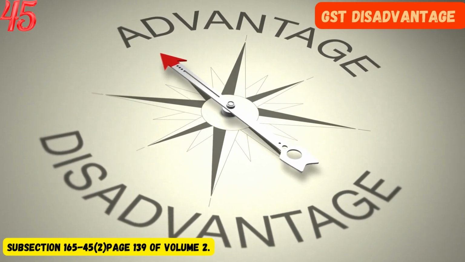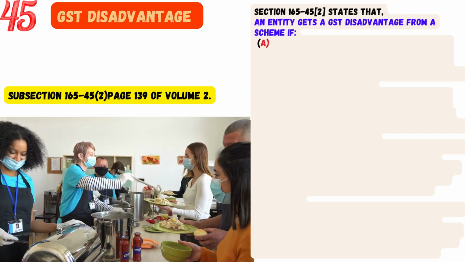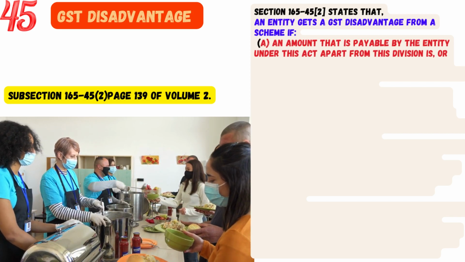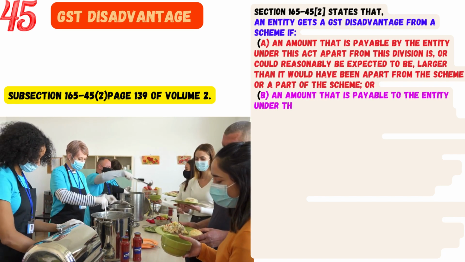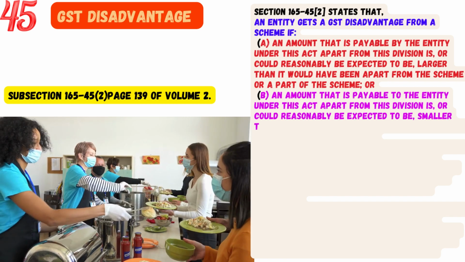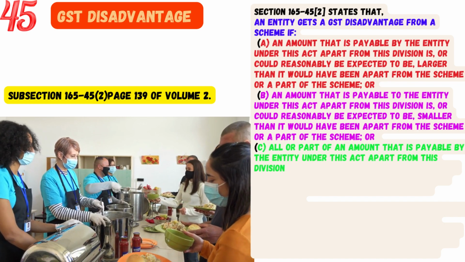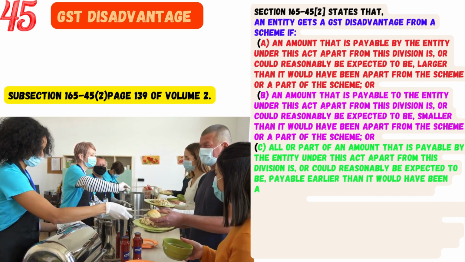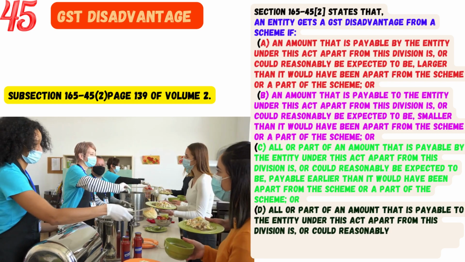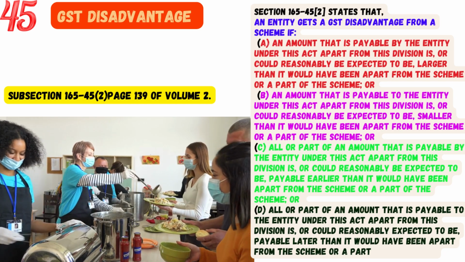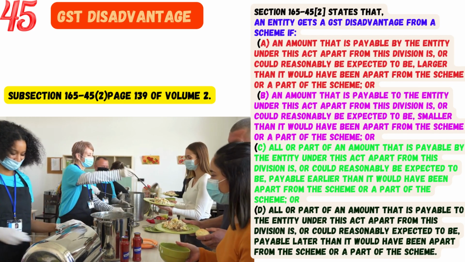You can find this on page 139 of volume 2. Section 165-45(2) states that an entity gets a GST disadvantage from a scheme if A. An amount that is payable by the entity under this act apart from this division is, or could reasonably be expected to be, larger than it would have been apart from the scheme, or a part of the scheme, or B. An amount that is payable to the entity under this act apart from this division is, or could reasonably be expected to be, smaller than it would have been apart from the scheme, or a part of the scheme,